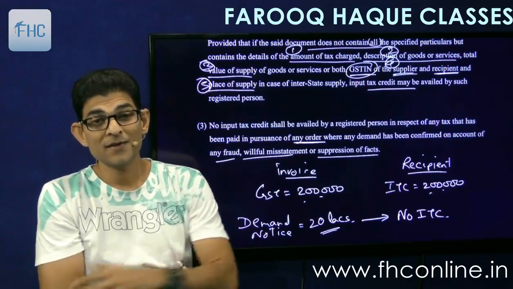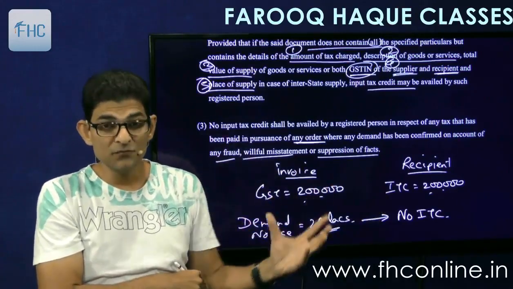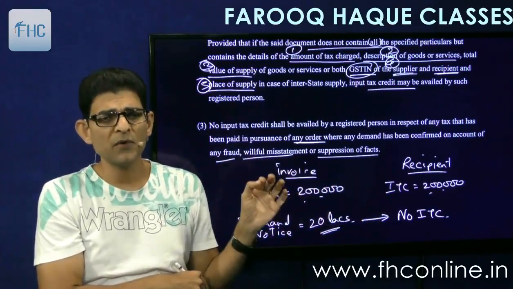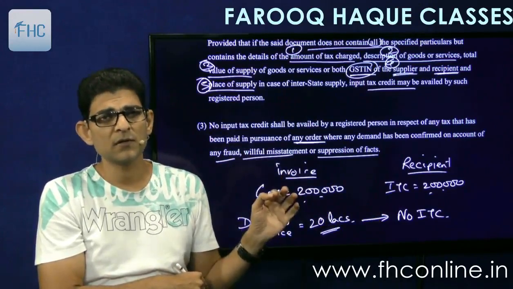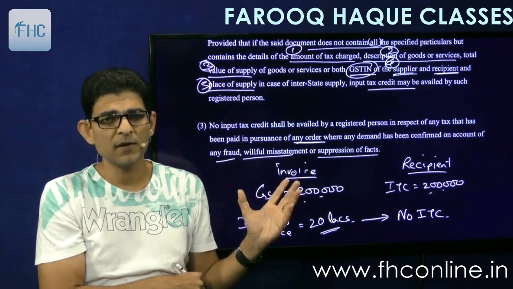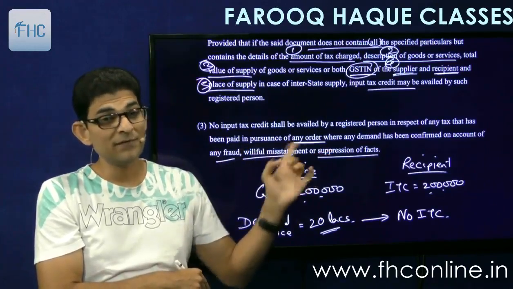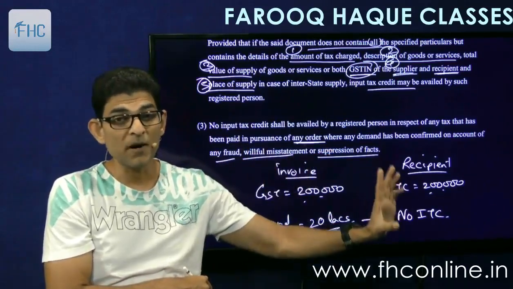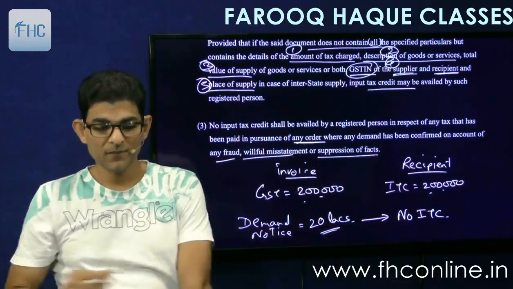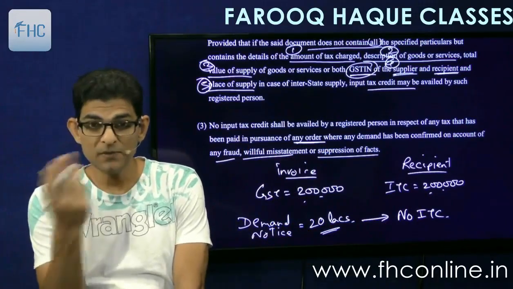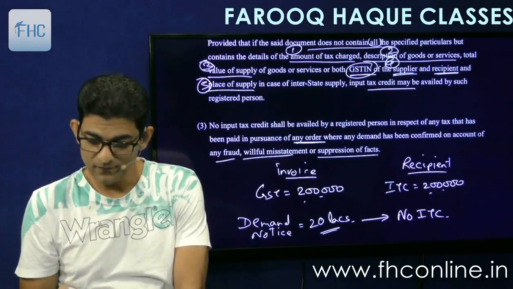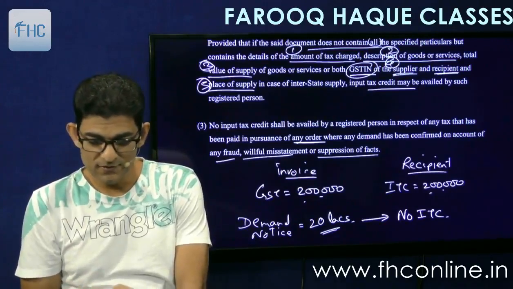The recipient can avail the credit if this additional tax is because of error, omission, or a wrong statement. But if it is a willful misstatement, fraud, or suppression, then this credit cannot be passed on. Understood? Simple. So that is rule 36,